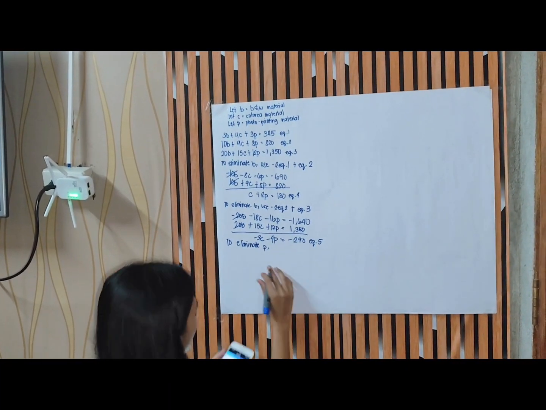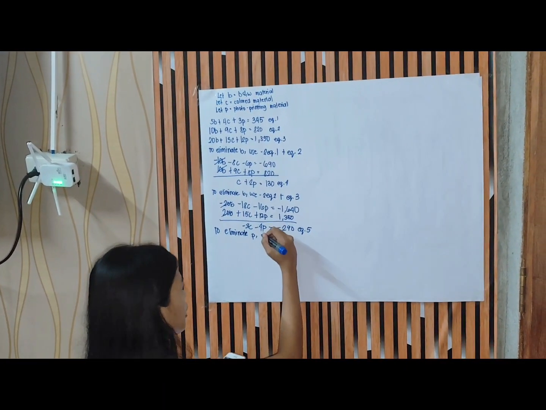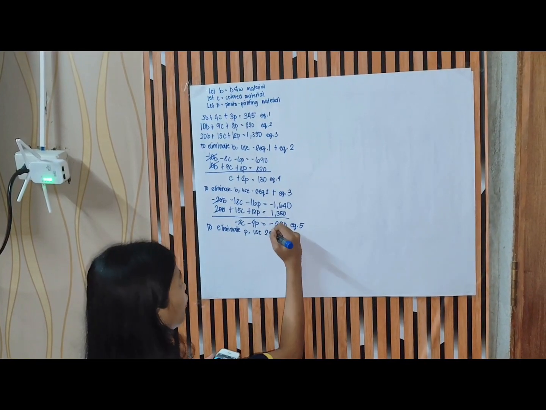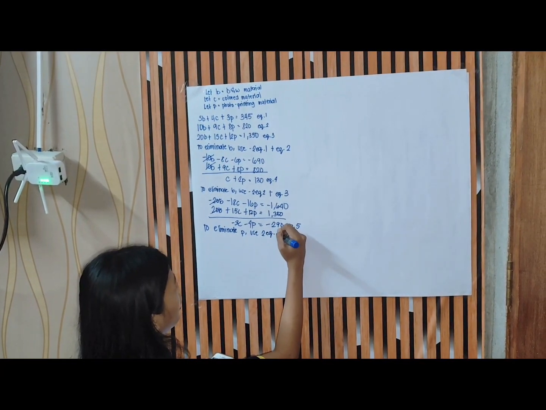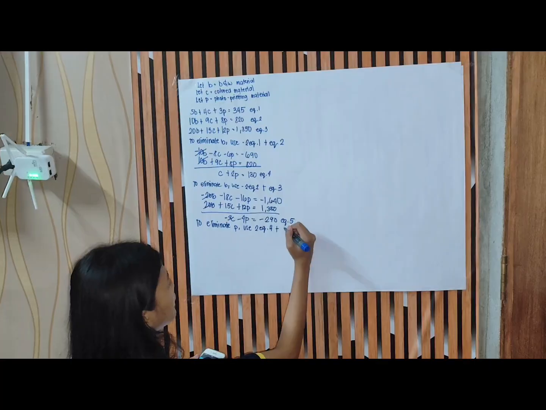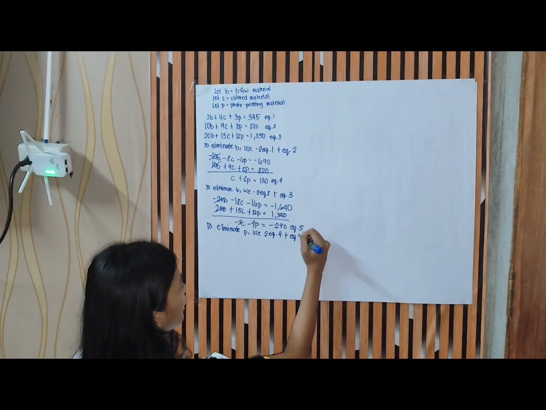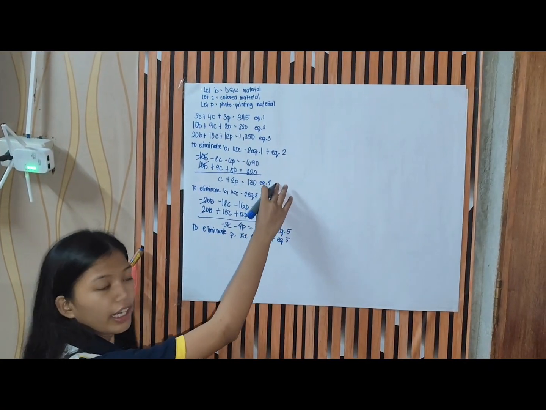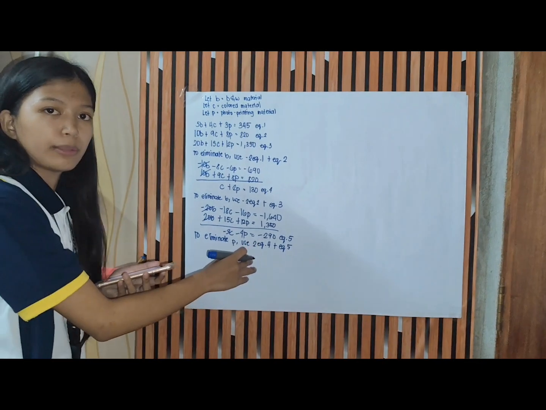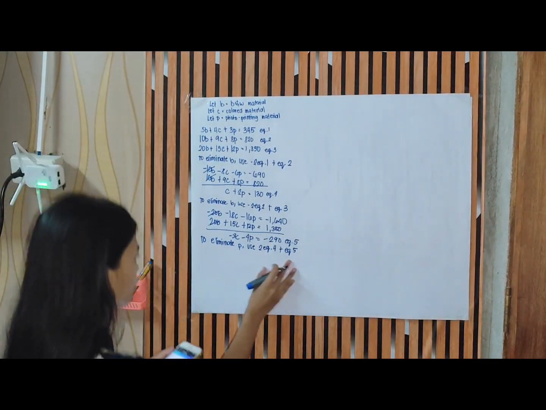To eliminate p, use equation 4 plus equation 5. So this is our equation 4 and this is our equation number 5. So to eliminate p,